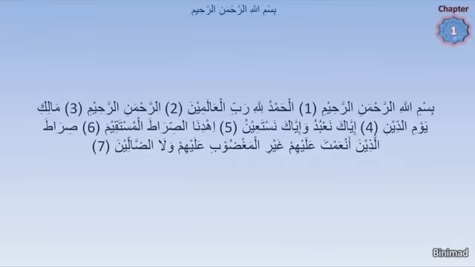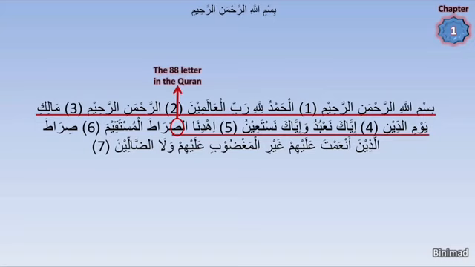To start decoding the mathematical code of the letter Sad, we go to the start of the Qur'an. We go to chapter 1, which in our previous video we saw some of its amazing mathematics. From the very start of the Qur'an, the first appearance of the letter Sad is in chapter 1, and counting from the start of the Qur'an, it is the 88th letter. From that first appearance, the code for this letter becomes strongly connected to the number 88.